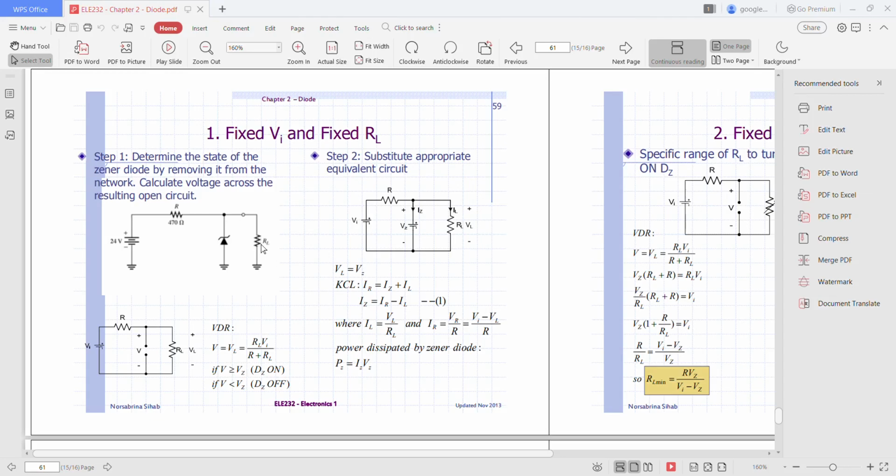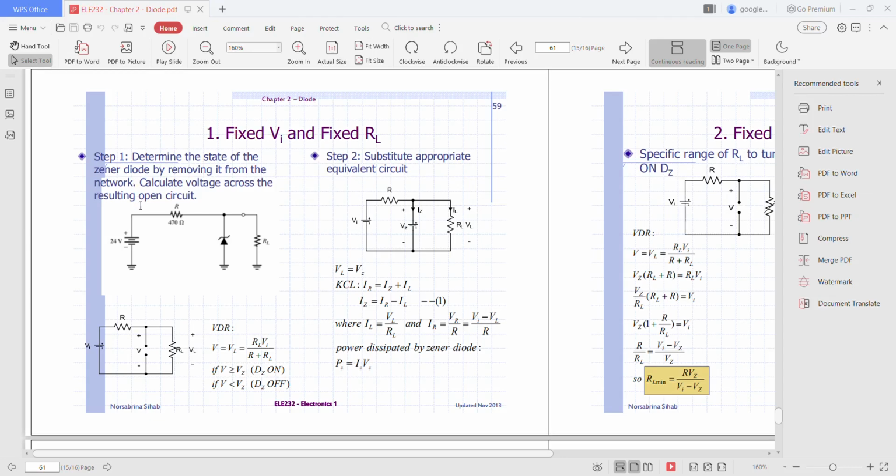The analysis can fundamentally be broken down into two steps. Step 1 is to determine the state of the Zener diode by removing it from the network and then calculate the voltage across the resulting open circuit. And step 2 is to substitute the appropriate equivalent circuit and solve for the desired unknowns. Okay, now we look at the analysis. The first step,